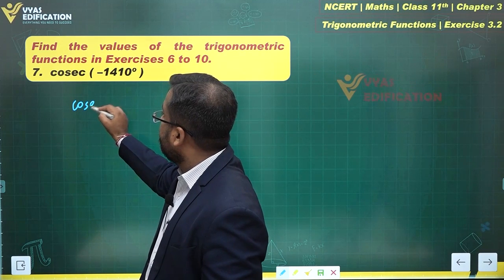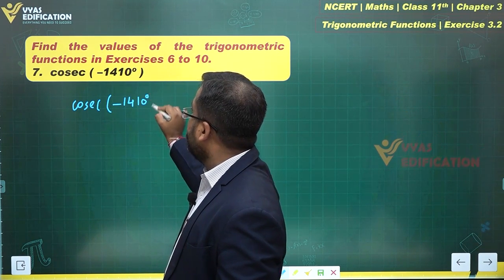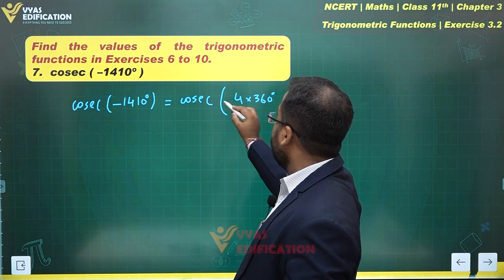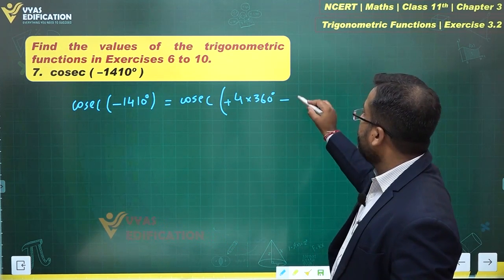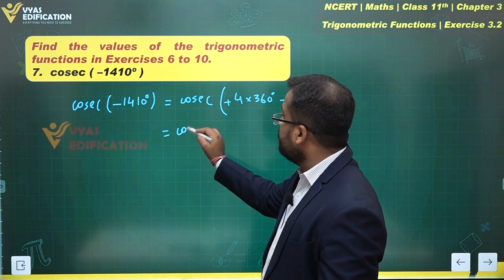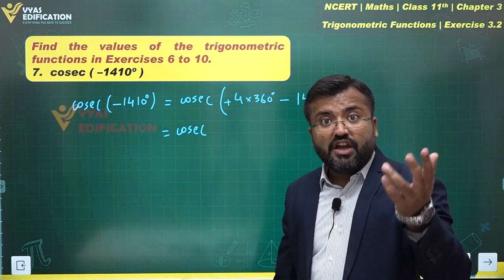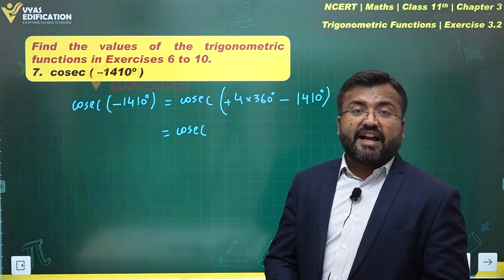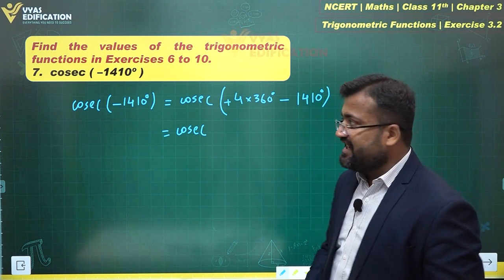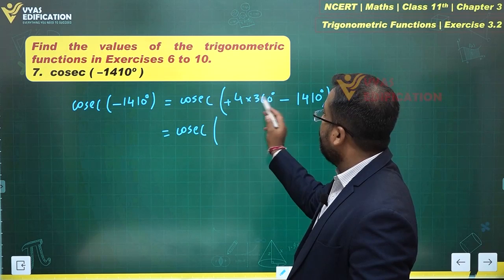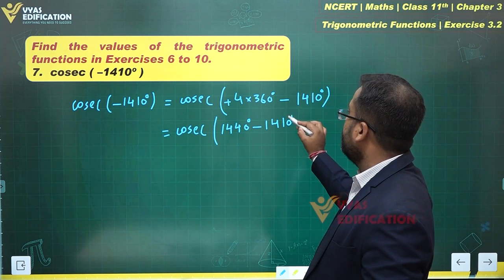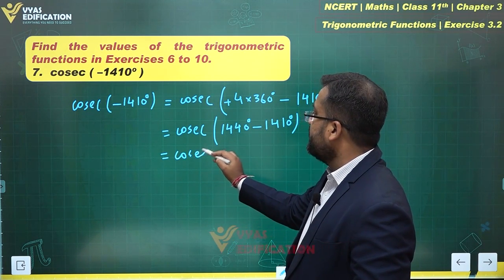So cosec minus 1410 degree can be written as cosec of 4 times 360 degree added to the value minus 1410 degree. This is what I'm doing, right? Any multiple of 360 degree can be added or subtracted without altering. Basically, the value of the trigonometric function remains the same in that case, right? 4 times 360 would be 1440 degree, minus 1410 degree. What is this? This is equal to cosec